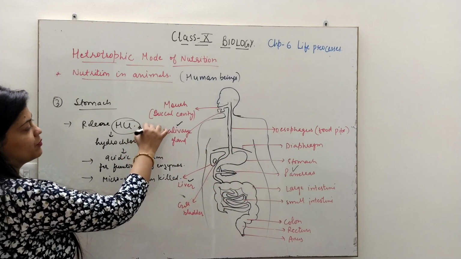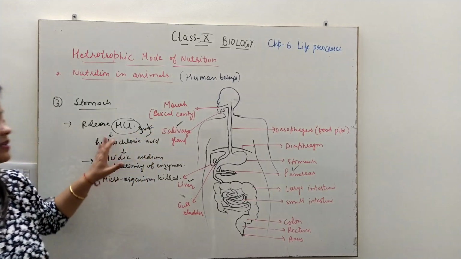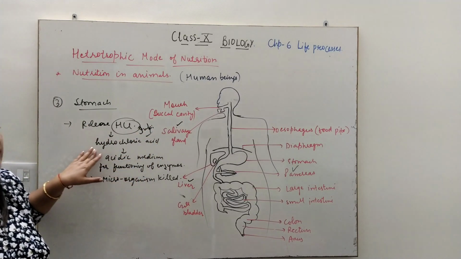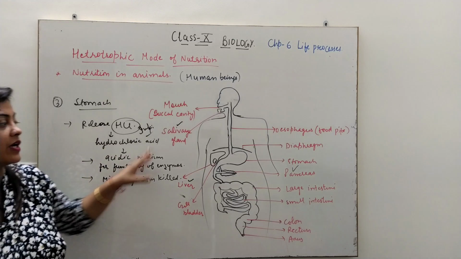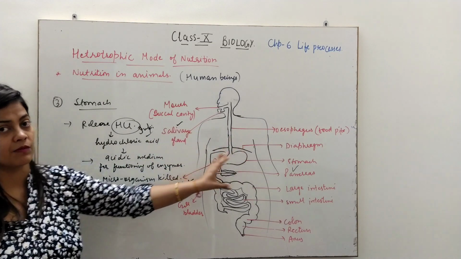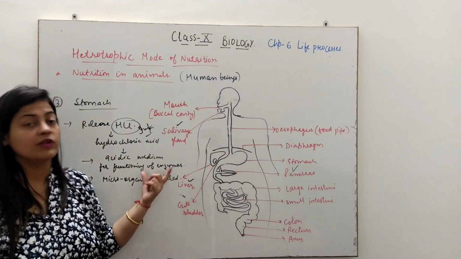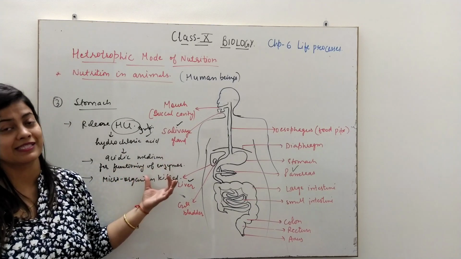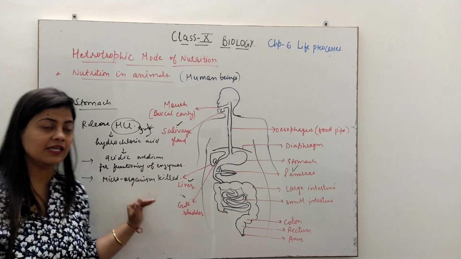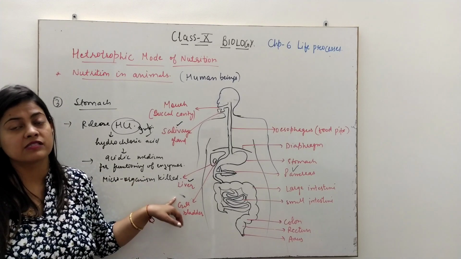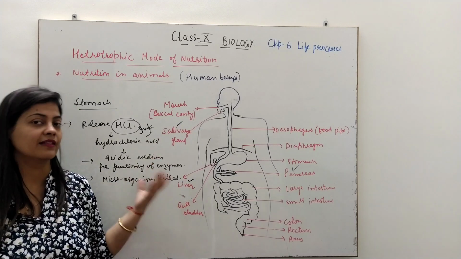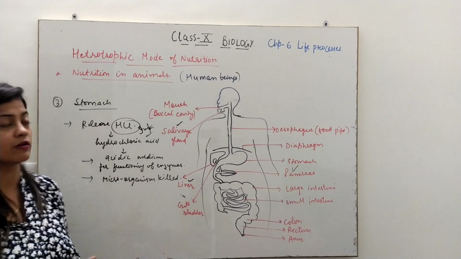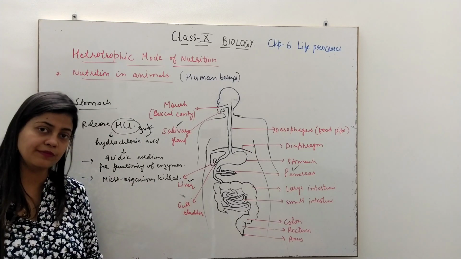is very important. इस पे बहुत बार क्वेश्चन आता है बोर्ड एग्जाम में. What are the main functions of HCl? First is to provide acidic environment so that whatever enzymes are secreted in the stomach by the wall of the stomach will become active, because these are enzymes which become active in acidic pH. Second is the microorganisms which come along with the food will be killed in the acidic medium, because you know that microorganisms cannot survive in the acidic medium.